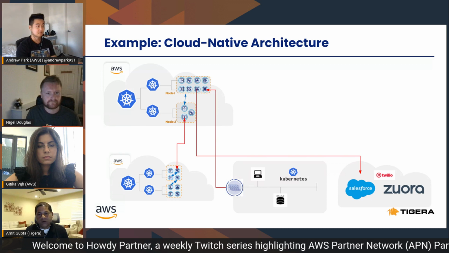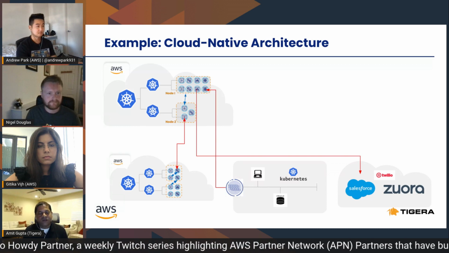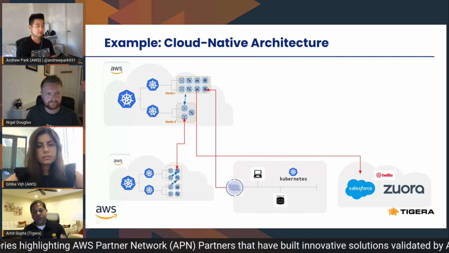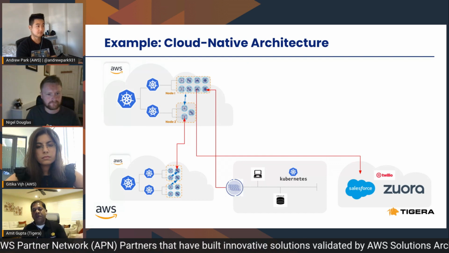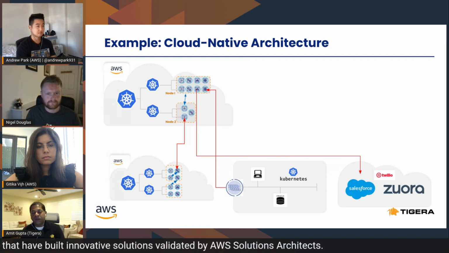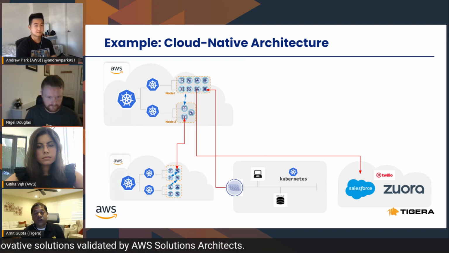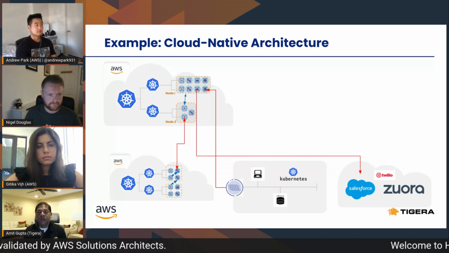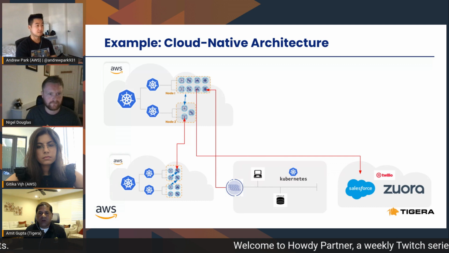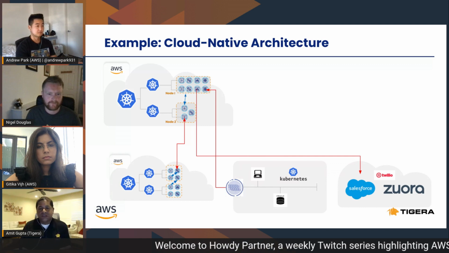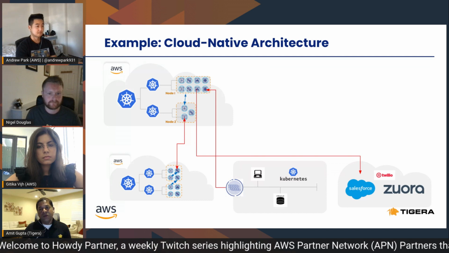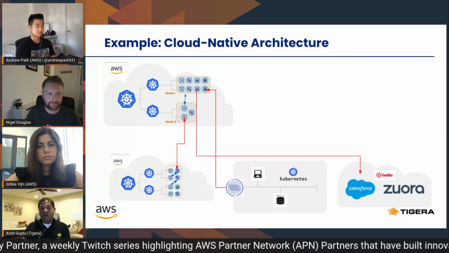So let me walk you through what you're looking at. You could have your Kubernetes clusters running in a specific AWS region. You may have another set of applications running in another cluster in another AWS region. You could have some of your legacy or traditional workloads running inside your data center, or even if it's not inside your data center, some of your databases or your applications may run inside a cluster.